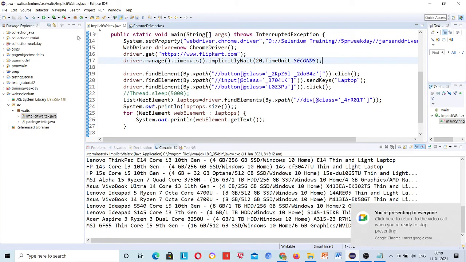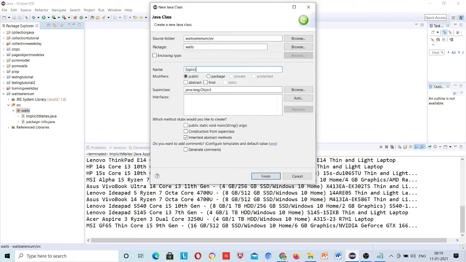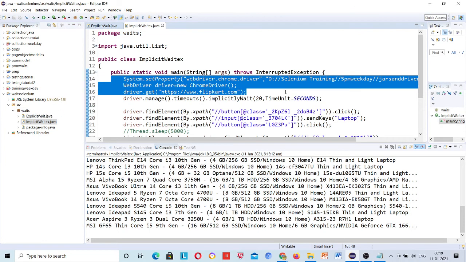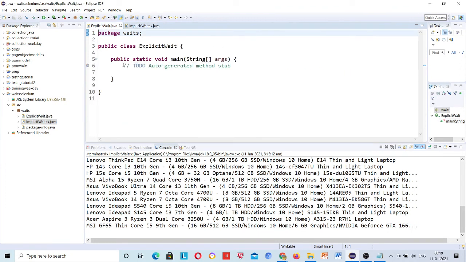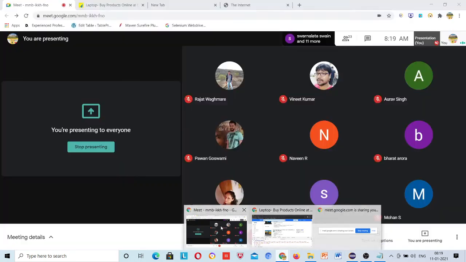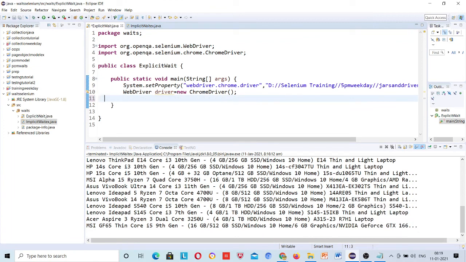Now I'm going to explain the explicit wait. Let me come here and copy this URL. driver.get, right?